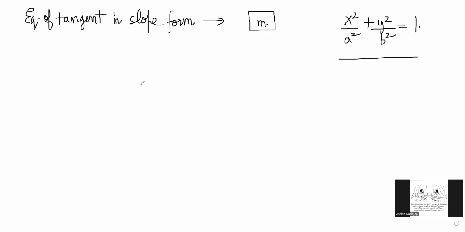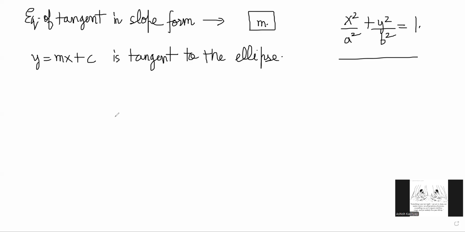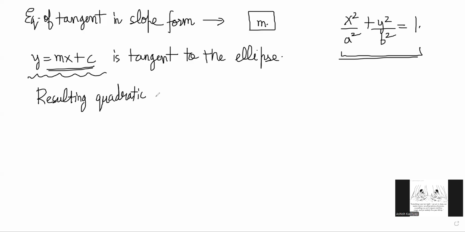So we want to find the condition basically that the line y is equal to mx plus c is tangent to the curve. In order to get that condition, we follow the same method that we learned in the parabola chapter. And what we do is we substitute this line equation into this curve equation. And we say that the resulting quadratic should have equal roots, has discriminant equal to 0, because the line is supposed to touch the curve and